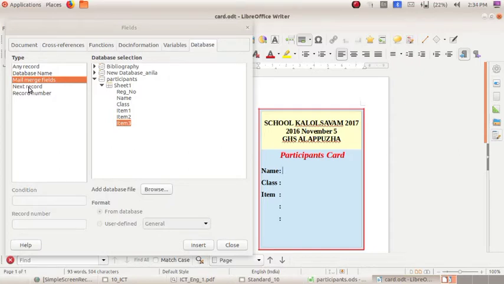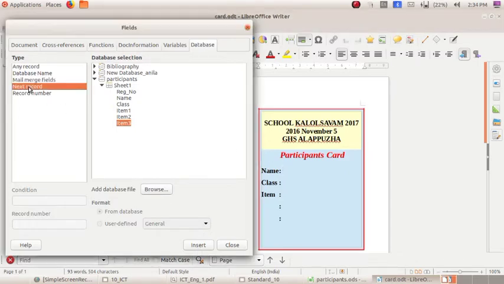Observe what change happens to the cursor. You can see the cursor has thickened. Now the next record is activated.